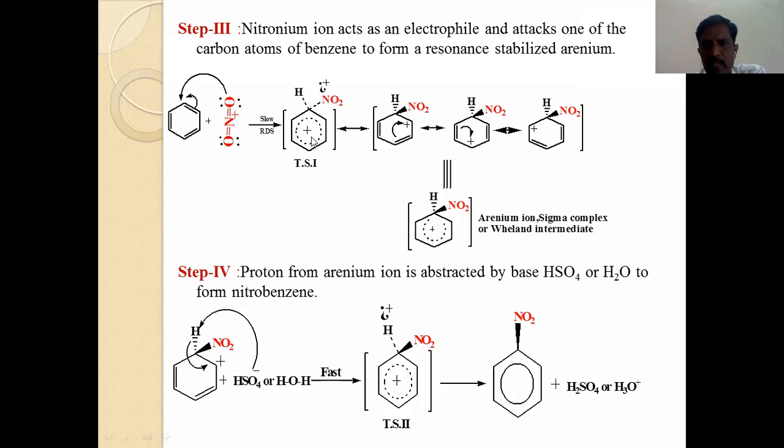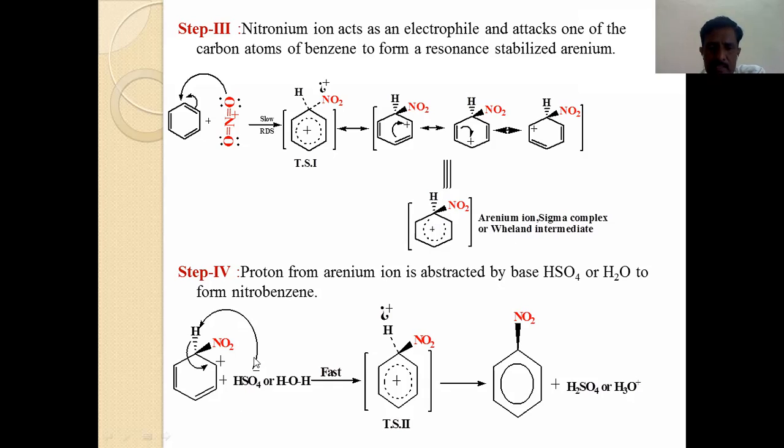There is a formation of transition state 1, and this transition state 1 forms different resonating structures, which you may call arenium ion structures, sigma complex, or Wheland intermediate. This arenium ion sigma complex or Wheland intermediate, in the last step, eliminates a proton, and this abstraction of a proton takes place by the attack of HSO4-, which acts as a base, and this HSO4- is prepared in step